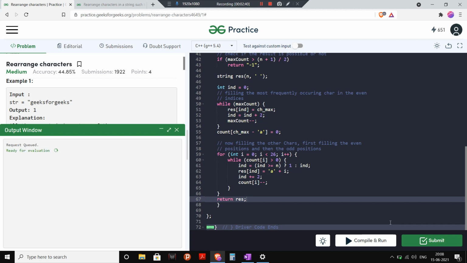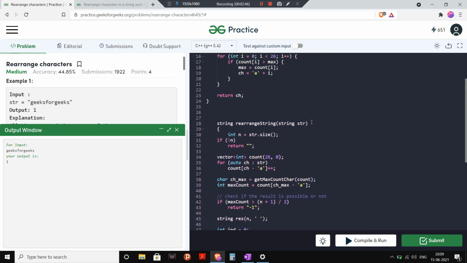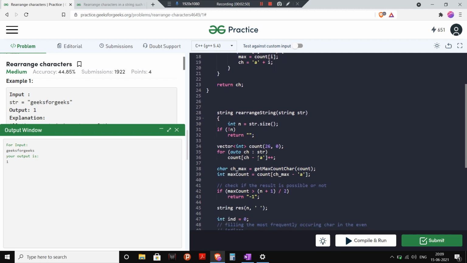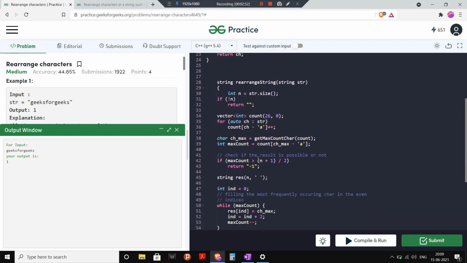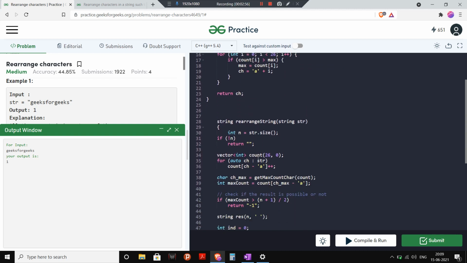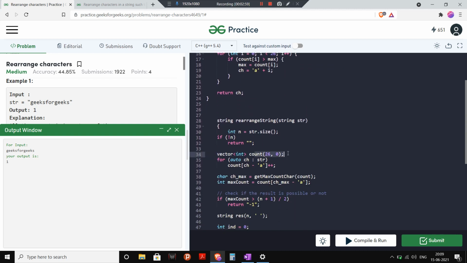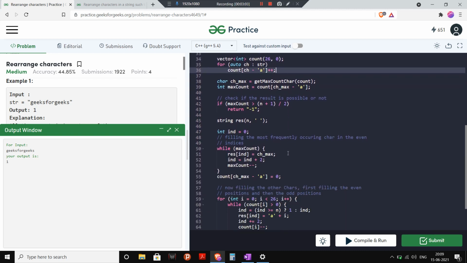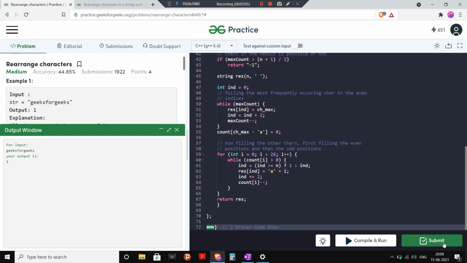Compiling it, it should work fine. The time complexity of this code is O(n), and the space complexity is actually O(26), because I have a count vector of 26. Okay, that's okay. And now submitting it,